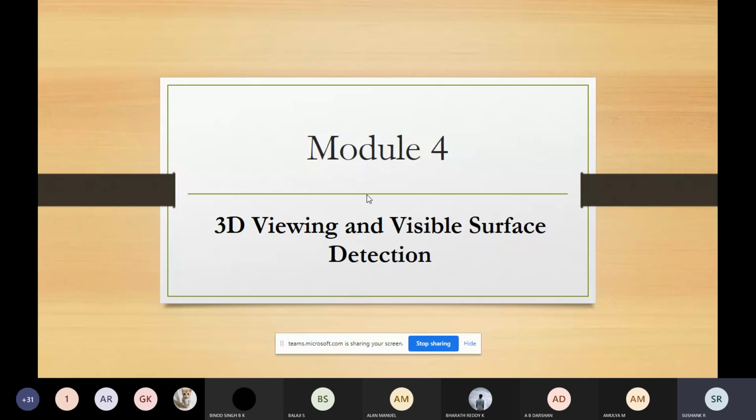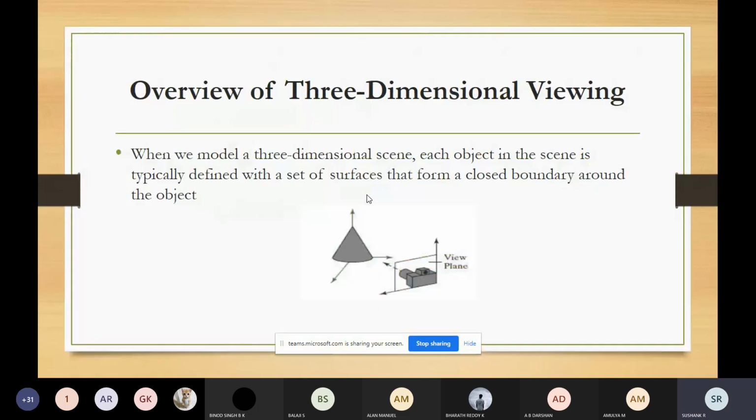So what is the first thing? The first thing will be some introduction to 3D viewing. For two-dimensional graphic applications, we had 5 steps where we were transforming from the world coordinate system to the output devices.